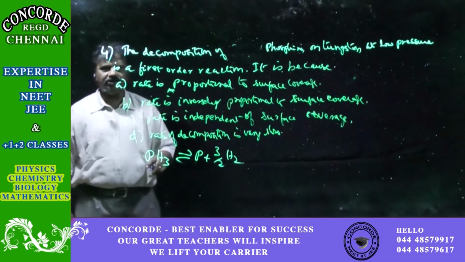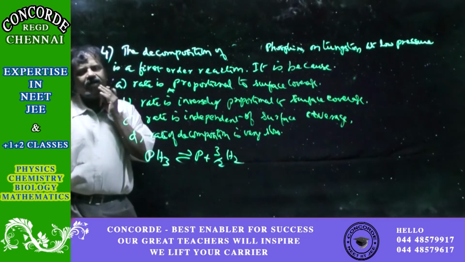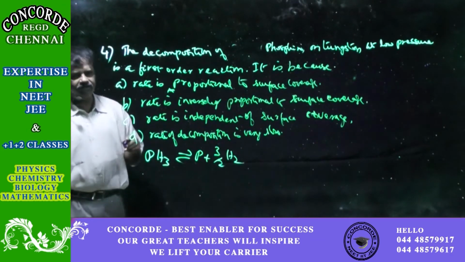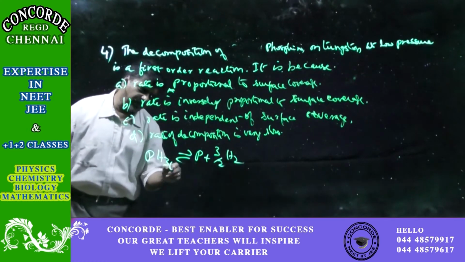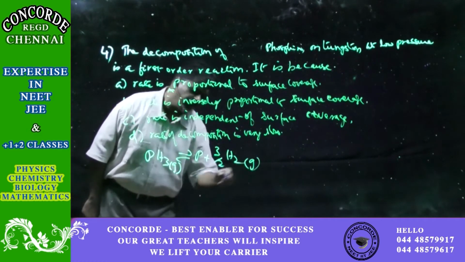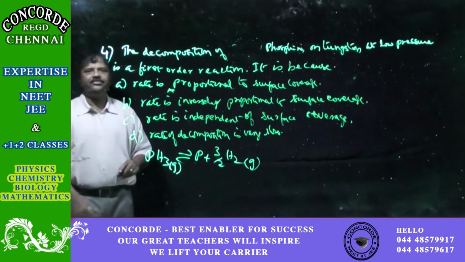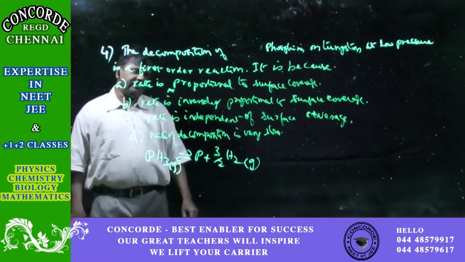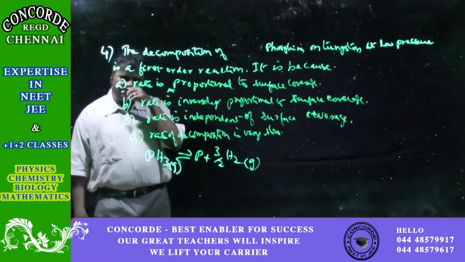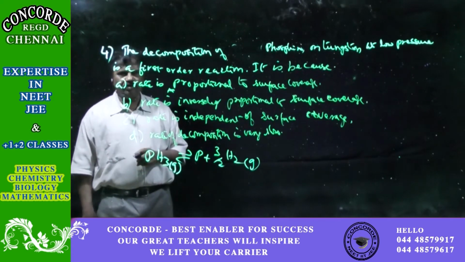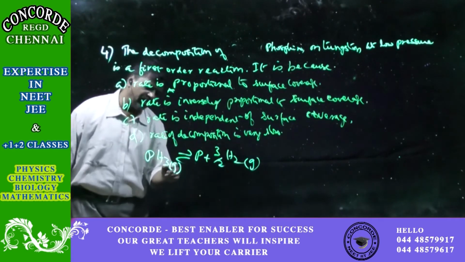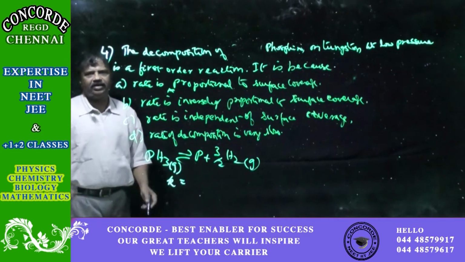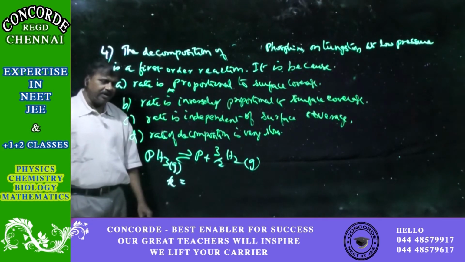We have studied phosphine in group 15 elements, in the p-block elements. Do you remember what phosphine is? Phosphine is a gas, and hydrogen also is a gas. So this is a reaction involving gases. So definitely the equilibrium constant for this reaction depends on the rate of decomposition plus partial pressure. Partial pressure is involved. If we work out the equilibrium constant K for this reaction, phosphorus is a solid, so it is not included in the equation.